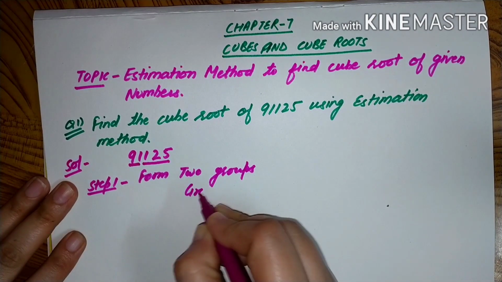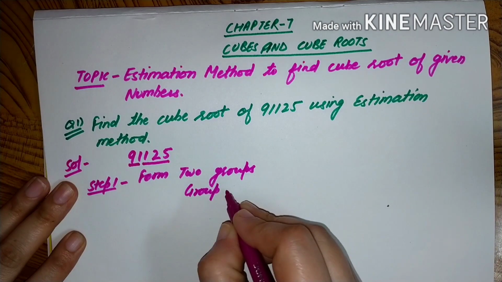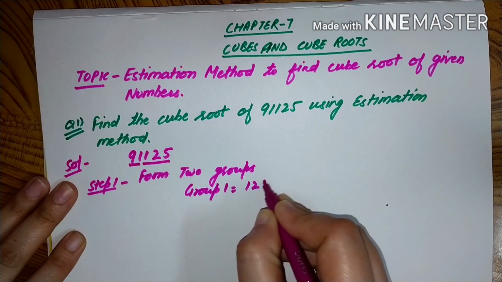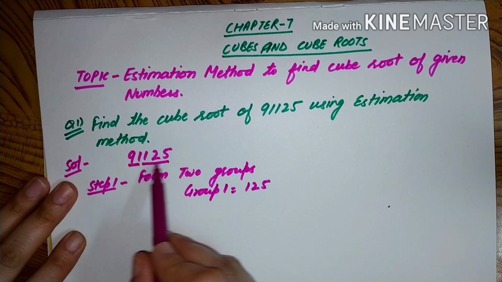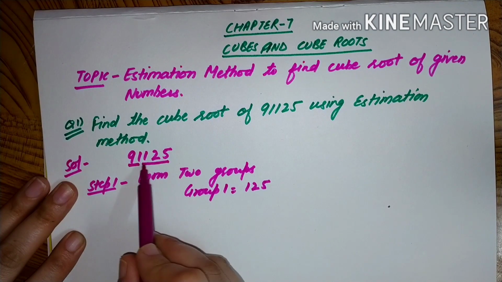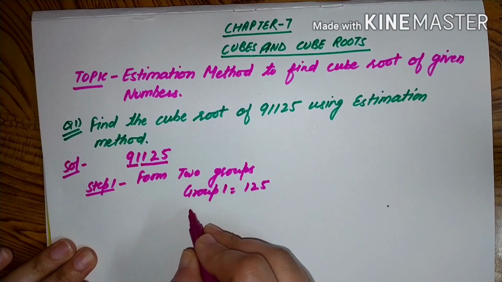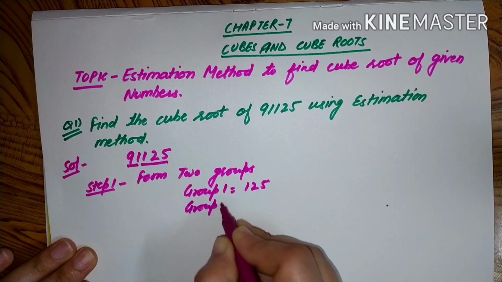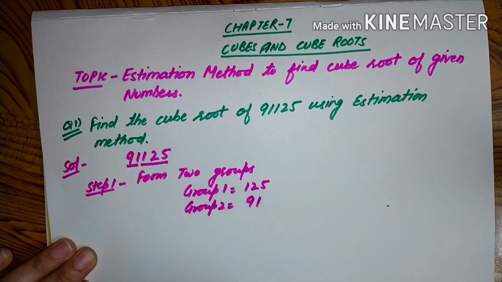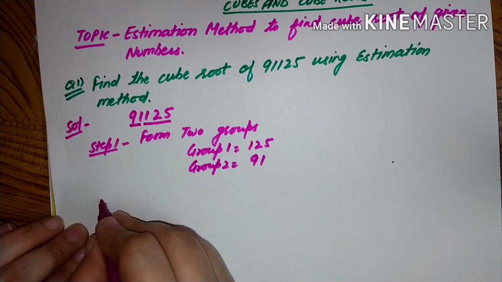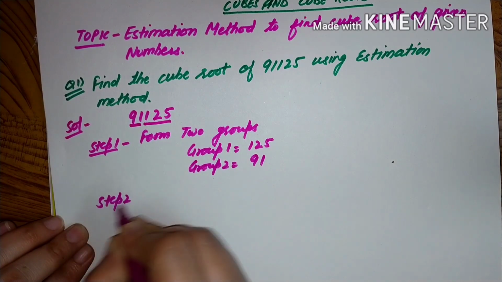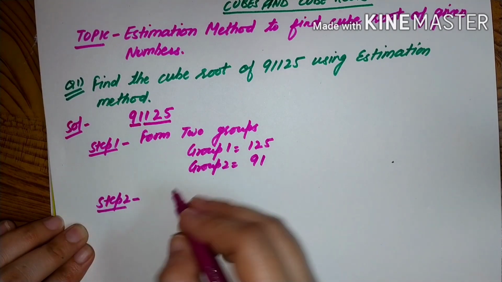Group 1 will be 125, that we will take from the rightmost side, from the back, a group of 3. Then group 2 will be 91. Then step 2, we will take